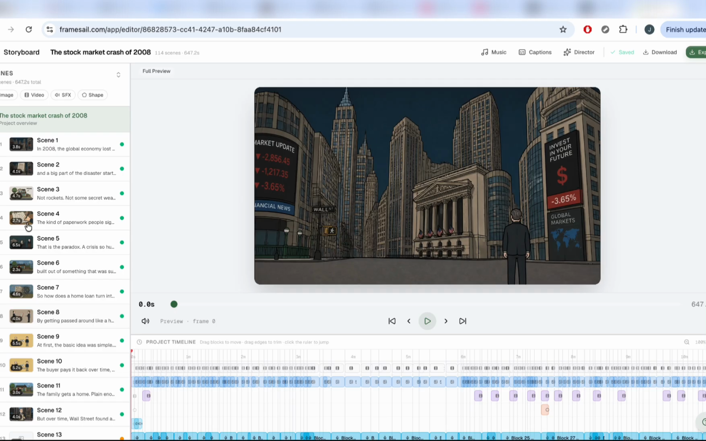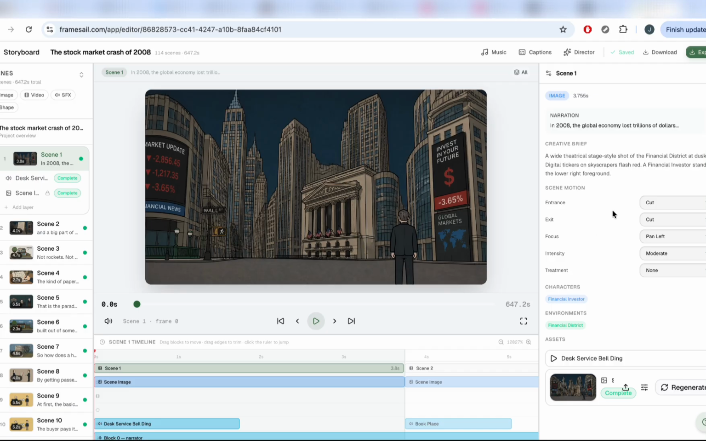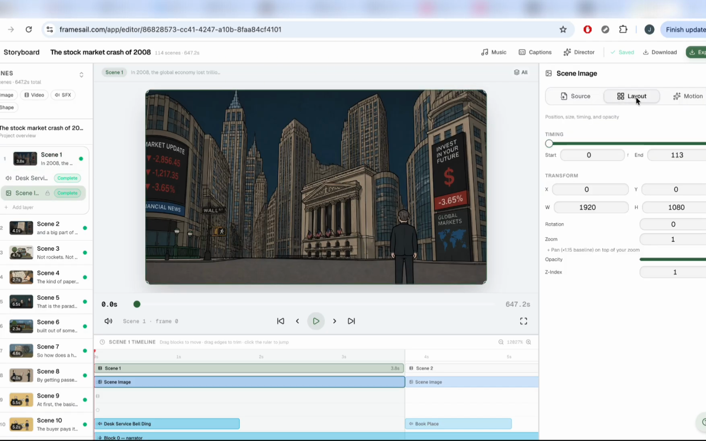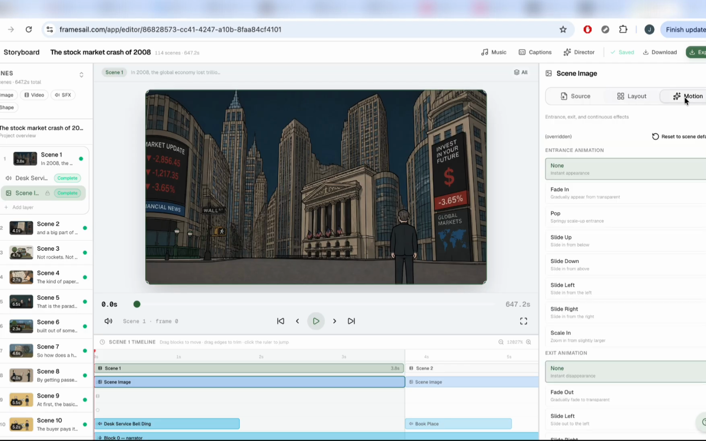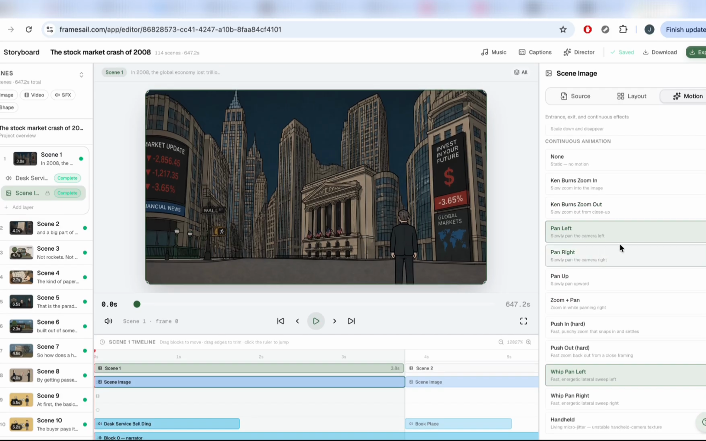Again, I'm going to show you all your scenes here on the side, and a full timeline editor here at the bottom. You can click into any scene, and you can change when it appears, change the timing, opacity, any of that. You can get quite fancy with it, any type of animation. So this one already has a pan left,